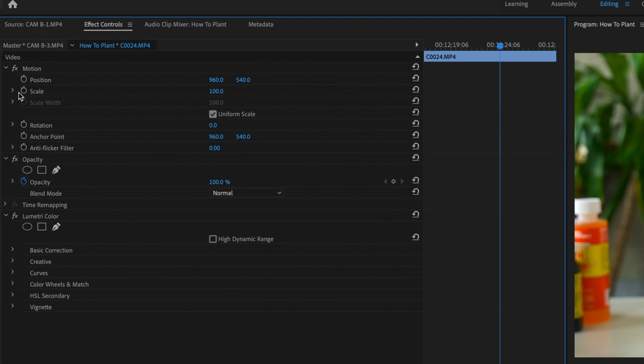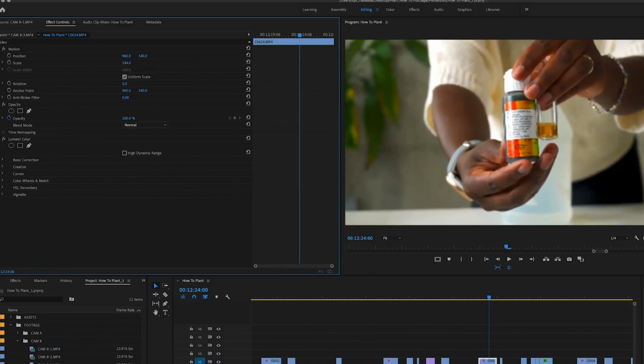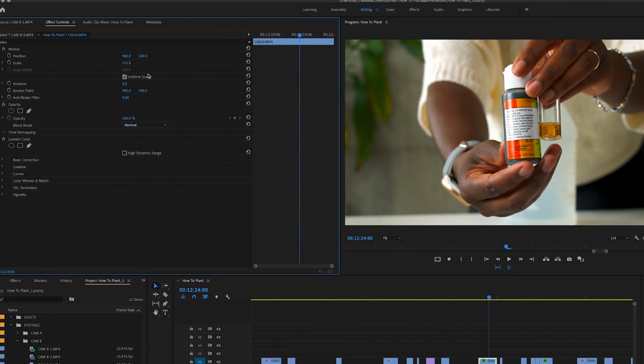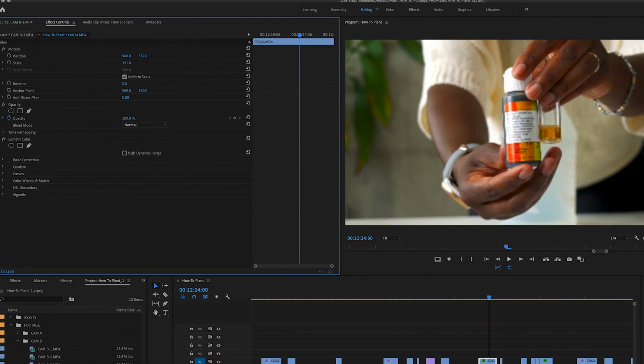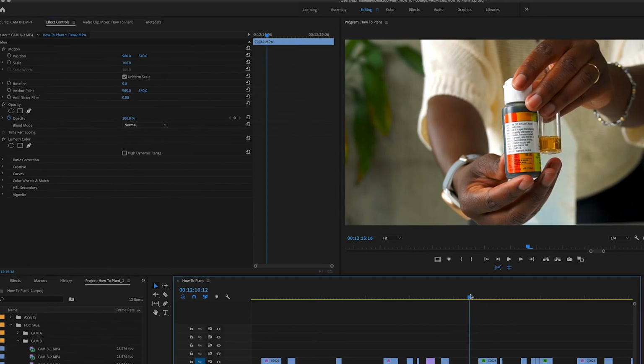Now make sure that neither of these stopwatches are clicked on at all. We don't wanna mess with that just yet because we want this clip to stay the same size, scale, and position for the entire time it is available on the timeline. So I'm gonna just scale it up. I think I'm gonna scale it to about there, 150-ish. There's a little bit of pixelation, but I'm okay with that. And then I'm gonna adjust it down to make sure that I'm a little more centered. And that's it. Now, when I go and play back,